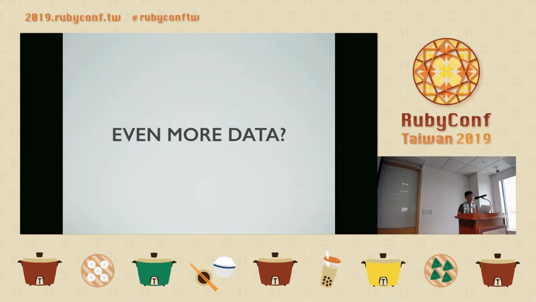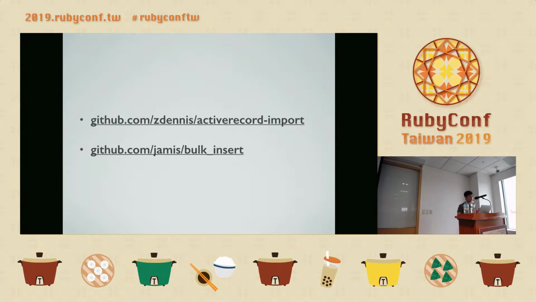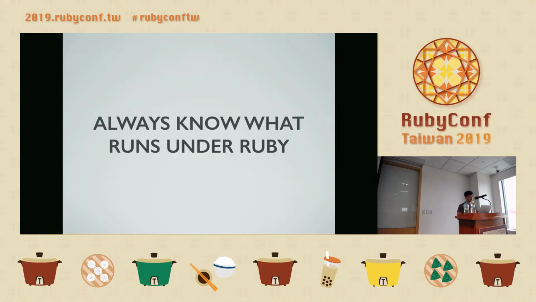But what if we need to import or update even more data that might not come from a web request, but from a CSV or a web crawler? Even a small update or insert from an ORM is a single SQL statement to your database. Every request to the database takes time too. Besides running a raw query, we always have tools like gems to help relieve the slowness of your queries if you encounter millions of records. So for a Rubyist, making sure you know what runs under your Ruby code is crucial in order to have the best performance solution in mind.